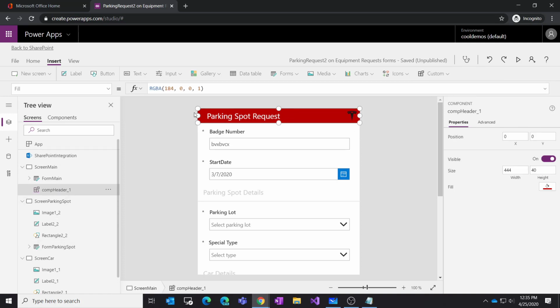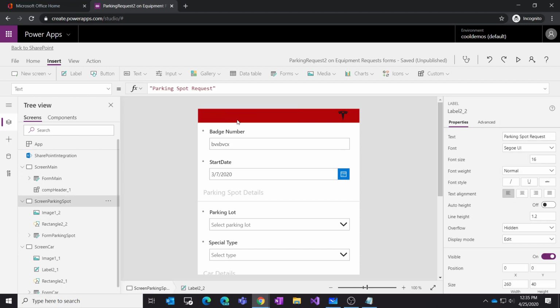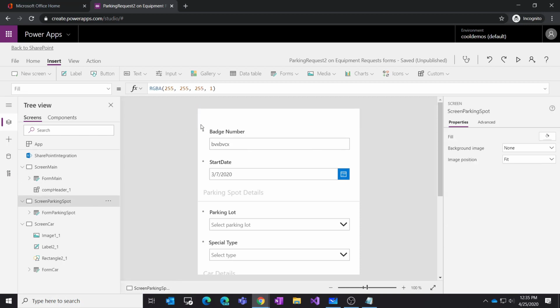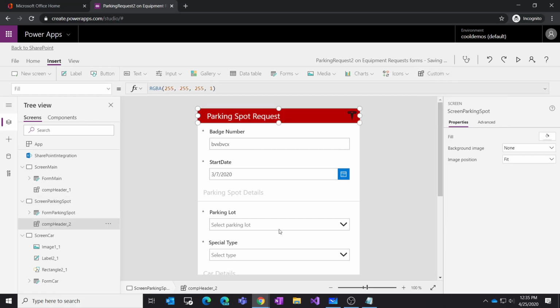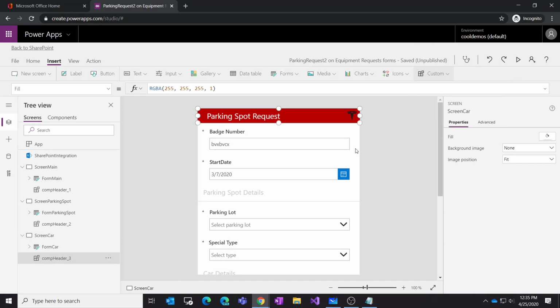And because it drops everything, all the new controls in at the 0, 0 coordinate, this is actually going to land right exactly where we need it to be. So now let me go to the other screen and do the same thing, delete the manual piece, and then drop in my component. And then go to the third screen,